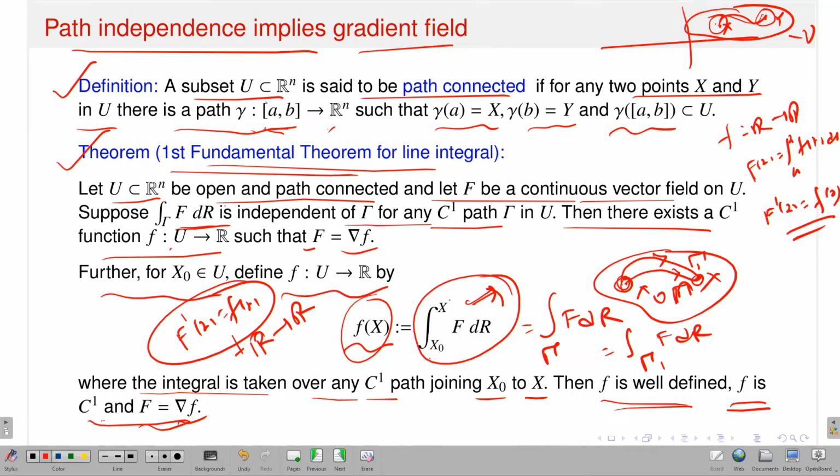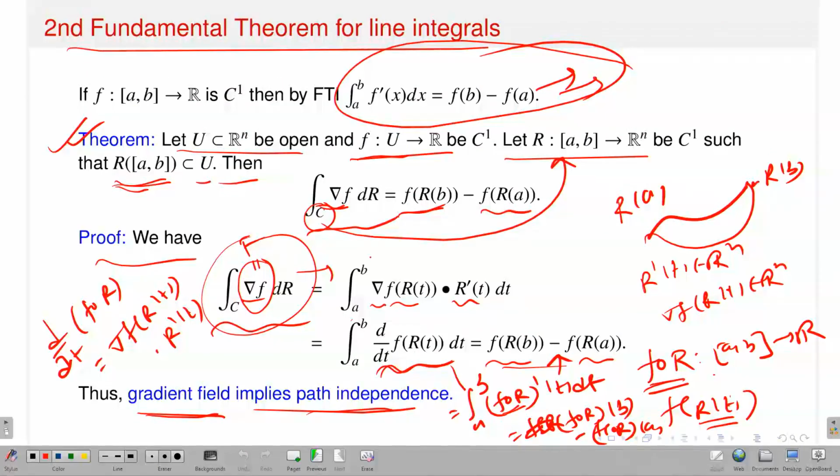Sometimes I call this the first fundamental theorem, and this is the corresponding generalization as a line integral. The second one is that the integral of f prime is f(b) minus f(a), and this is the corresponding generalization of the second fundamental theorem in the multivariable setting. So, I think I am done with scalar line integral and vector line